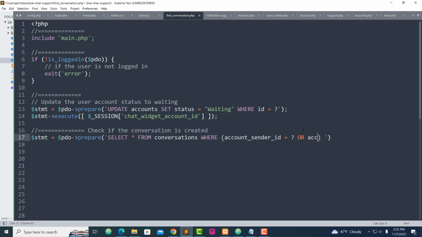Account receiver ID equal question mark. Okay,